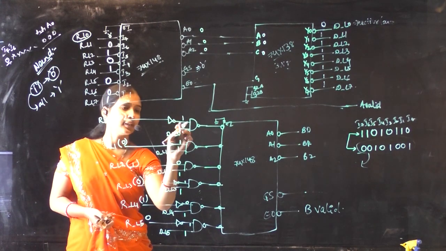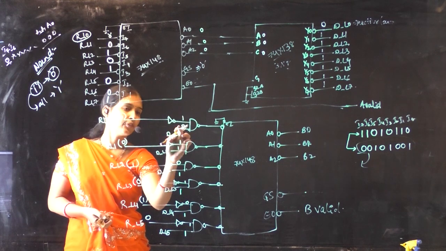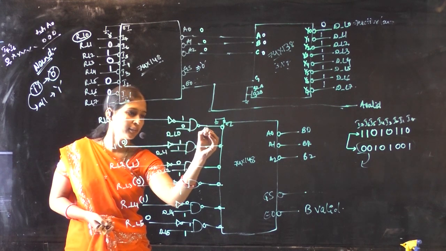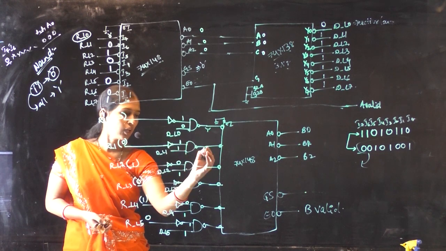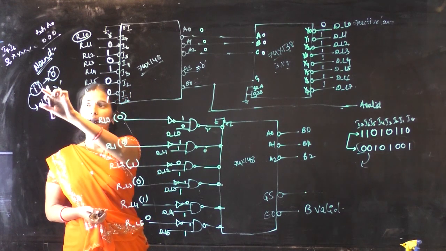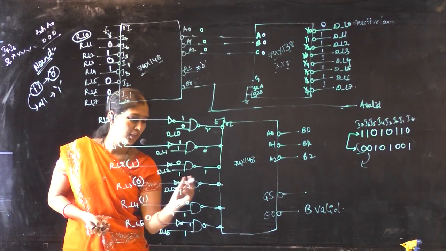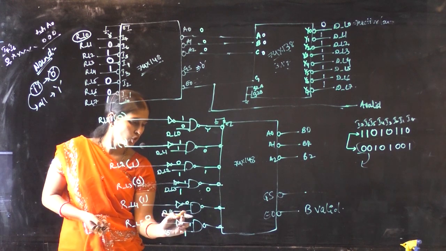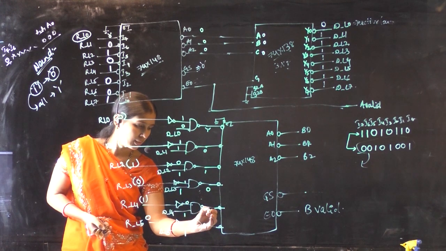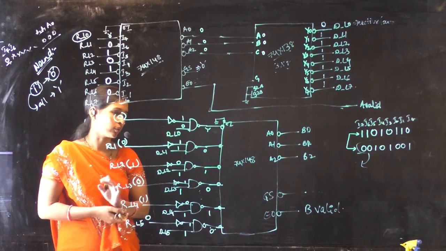Okay, see here, different inputs. With different inputs, output is 1. And same inputs like 1 1, output will be 0. See here, 1 1, output will be 0, and 0 1, output will be 1. And 1 1, output will be 0, and 0 1 output will be 1, similarly and so on.